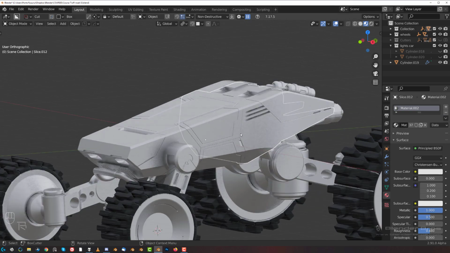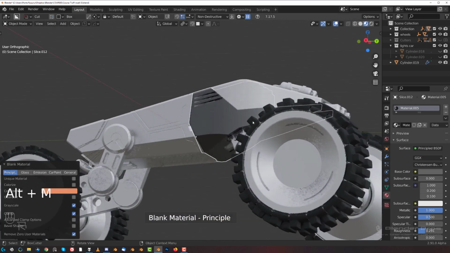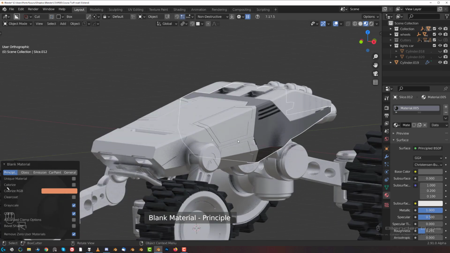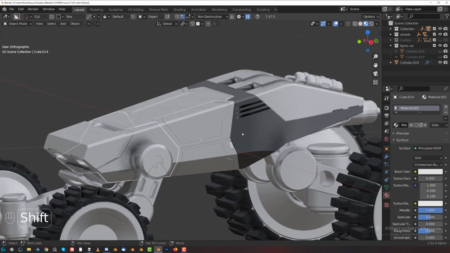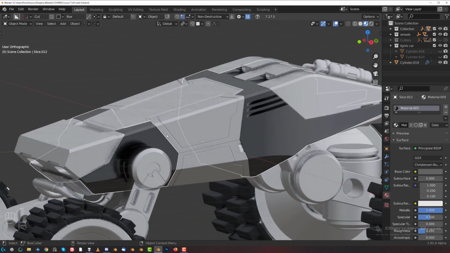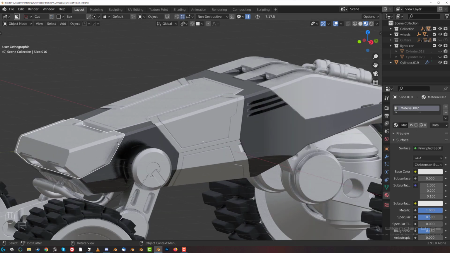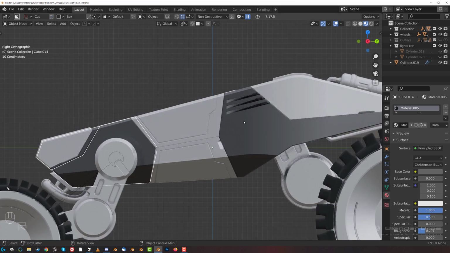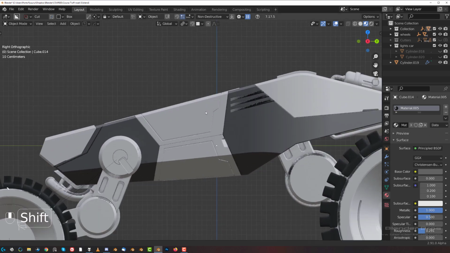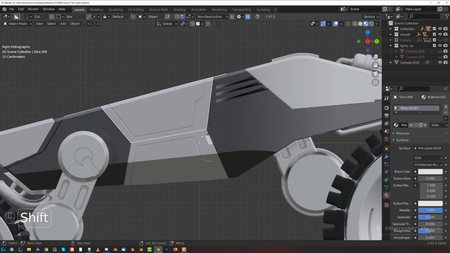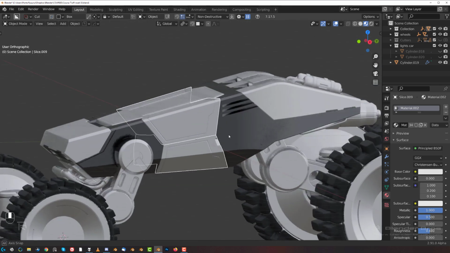grab these, and let's see a different mat here. So let's drop a mat. This one actually isn't bad, you see, a random one. So they're gonna look a little bit different in cycles, so you need to remember that. And we're probably gonna be rendering in cycles. I haven't decided yet. So select this one and copy mat. That's pretty cool. And these two should be, well,